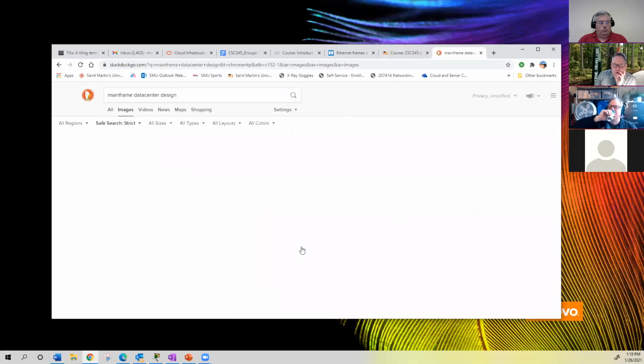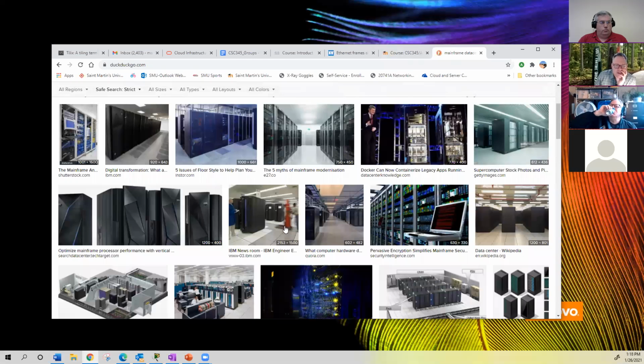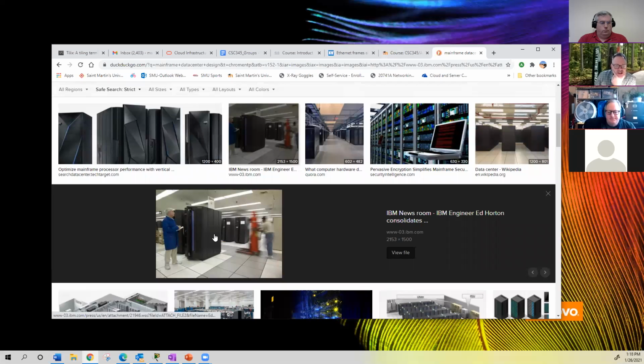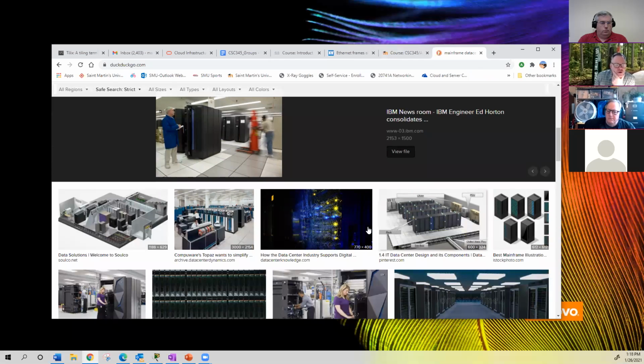So these are more how you have it in the past, where you would have units just out there on their own. And you have perforated tiles. You see right by that man's foot with the blue jacket, right in front of that, where airflow is being blown up and then it's being sucked into that, could be a mainframe. These are older style data centers